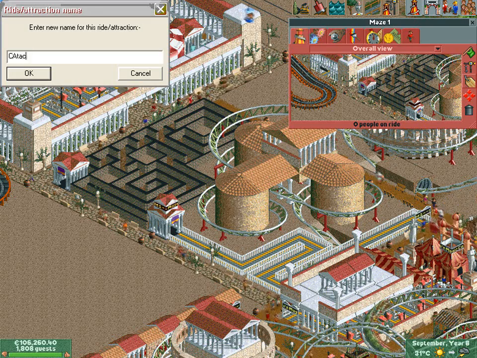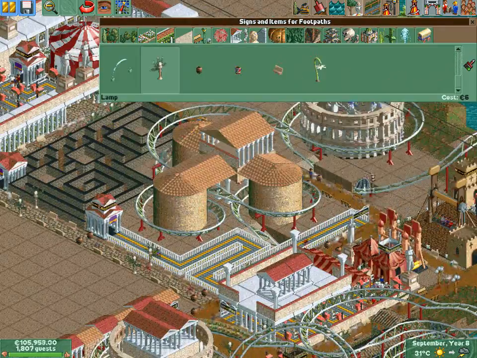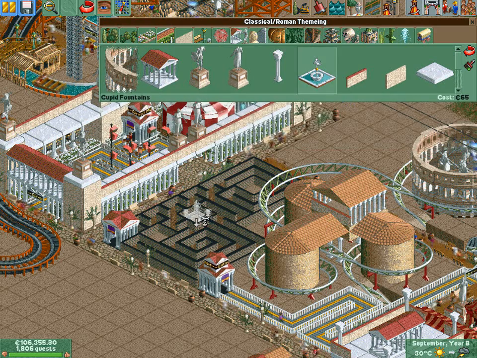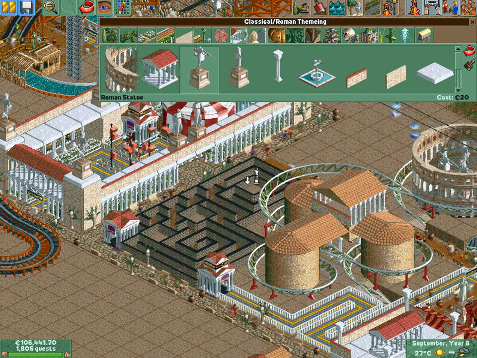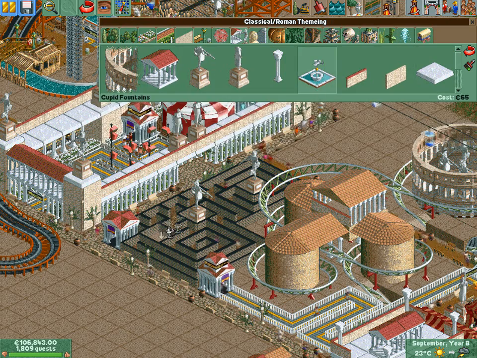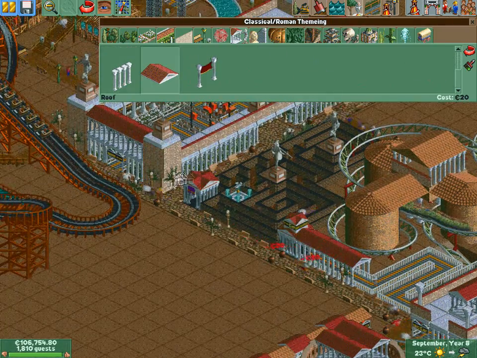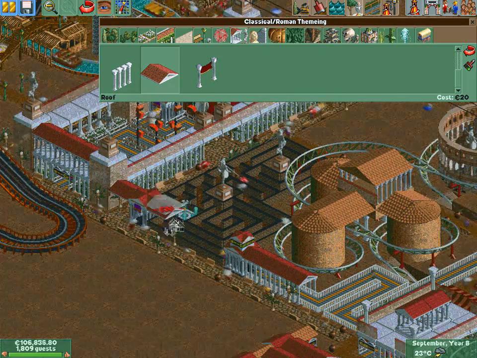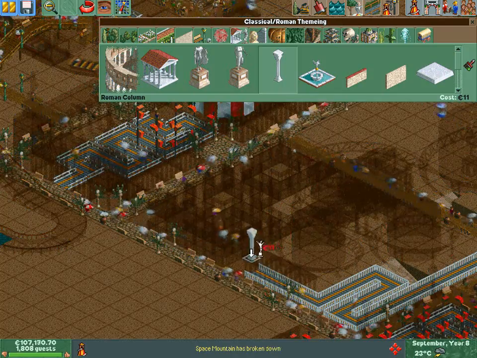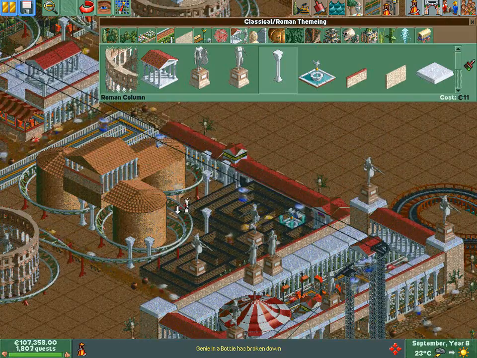Price it up to 3 and open, and rename to Catacombs. Well, actually it should be underground with that name, but oh well. Then for the scenery, some statues in those holes that I left earlier. Maybe a fountain, yep. Then some more scenery on the queue line. Roman themed roofs all the way across, some columns, and we are nearing the end of this episode,